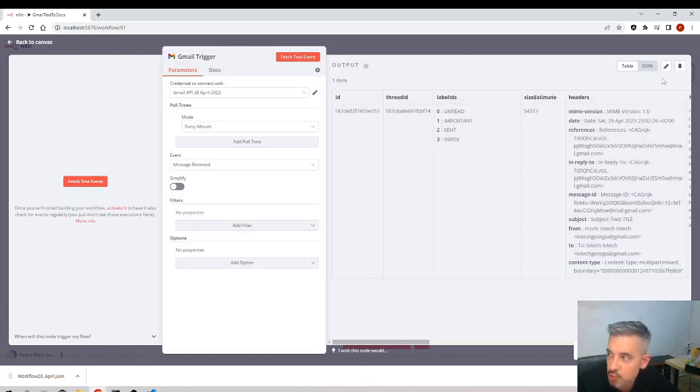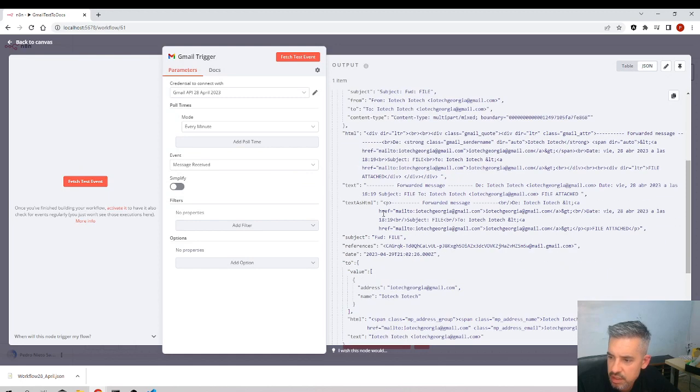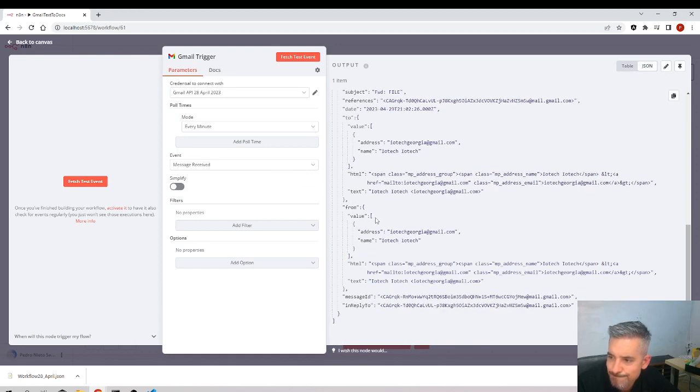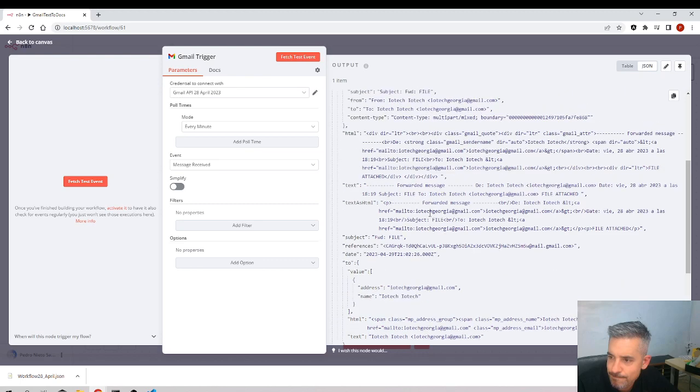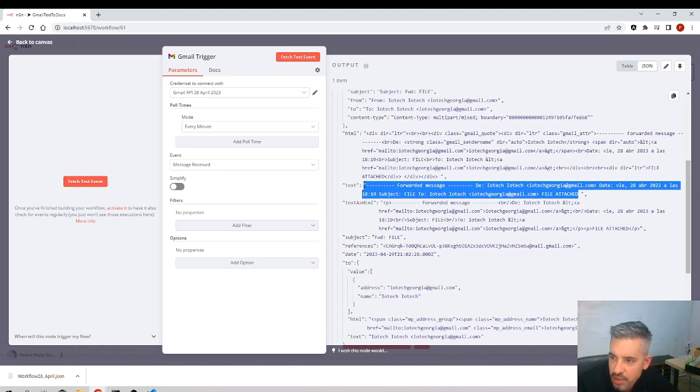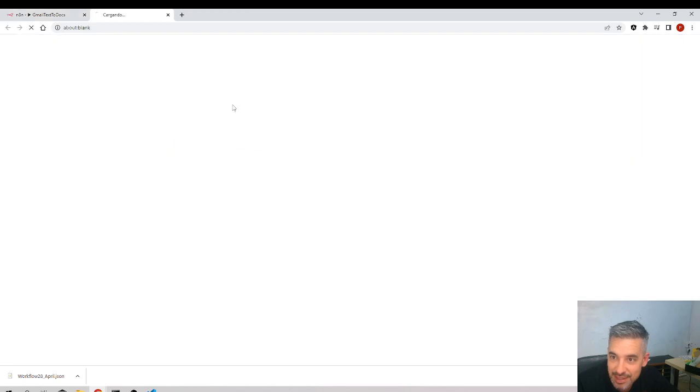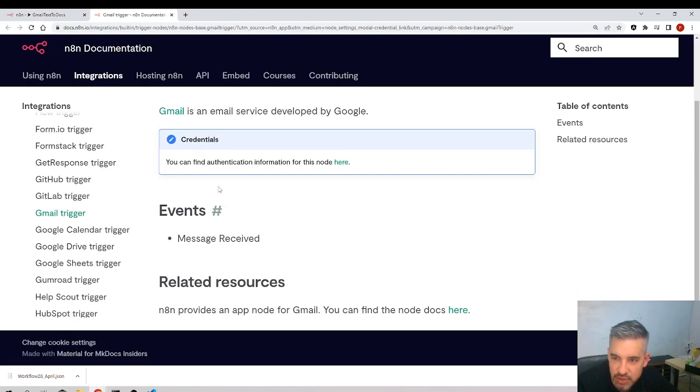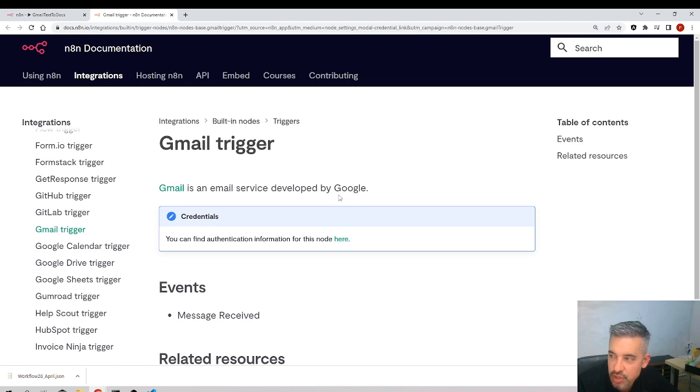Yeah, you see, output JSON, and the text is here in this property. How do I know? Well, to be honest, I don't know. I was checking now, but I guess in the docs, no, they don't specify. They refer you to the Gmail API, so that you can find what are the properties that this is retrieving. Anyway,